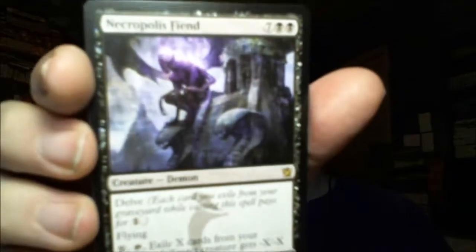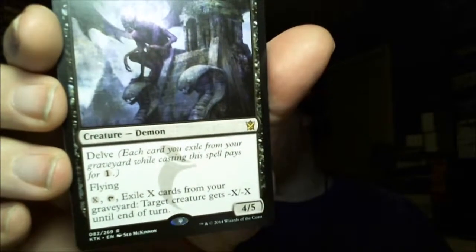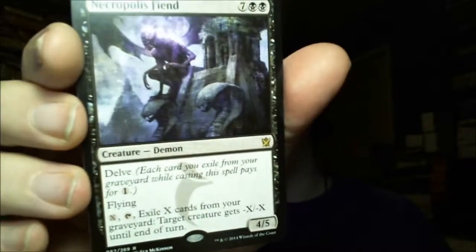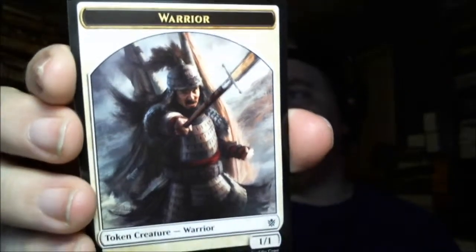Our rare is a Necropolis Fiend. It's a delve, X and tap: exile X cards from your graveyard, target creature gets -X/-X until end of turn. Yeah, it's okay. And a land and another type of warrior. So there we go. I think we've seen this warrior already. The new token design is pretty nice, I think. I've been getting some really good artwork lately, and I've really been appreciating the thematic components. So we got Greek or Roman last time, and now we've got